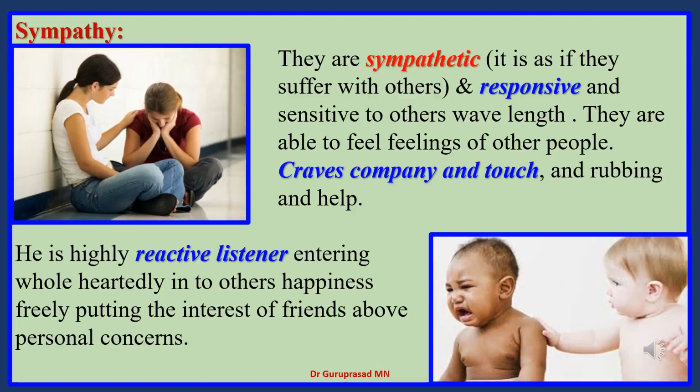At the thermal level, you can differentiate: sympathy of a chilly patient is Causticum, sympathy of another chilly patient is Phosphorus, sympathy with a hot patient is Natrum muriaticum. Natrum is more gloomy, sad, depressed, but Phosphorus is more extroverted in behavior. That's how we can differentiate the sympathy of Phosphorus, the sympathy of Causticum, the sympathy of Natrum.